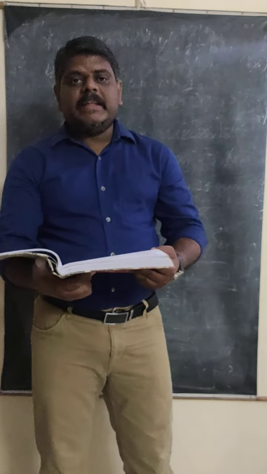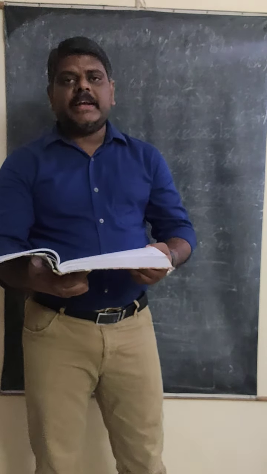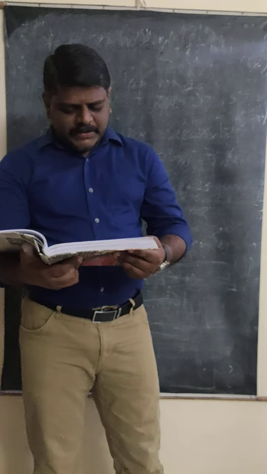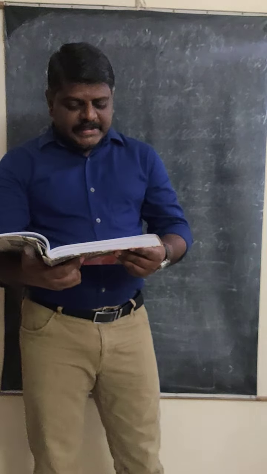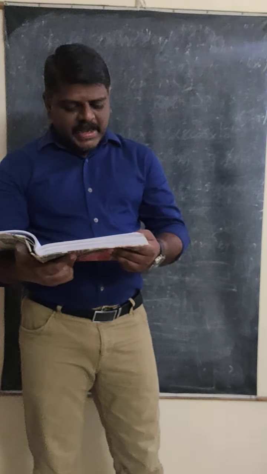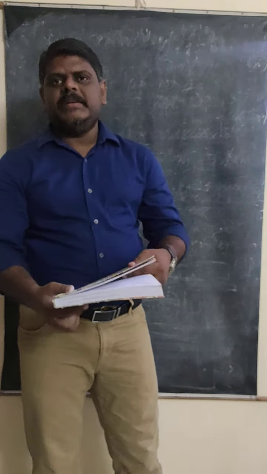Welcome back students. The problem is very important here. I think all of you read the problem very carefully. In the problem he is saying that the wavelength of the light used is 5800 angstrom units and the distance of the screen is 1 meter. And there is another distance given. The separation between the sixth bright fringe on one side of the central to the other side is given as 0.348. So what does that mean?